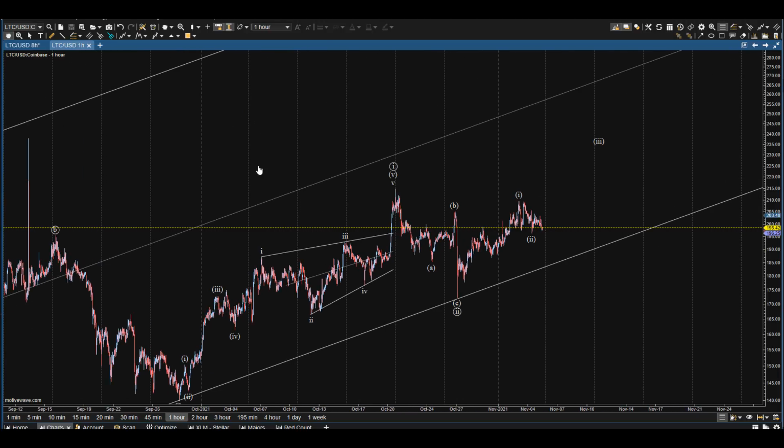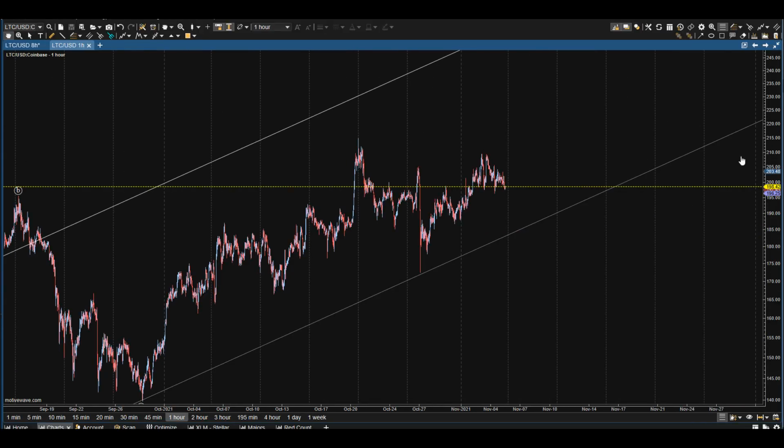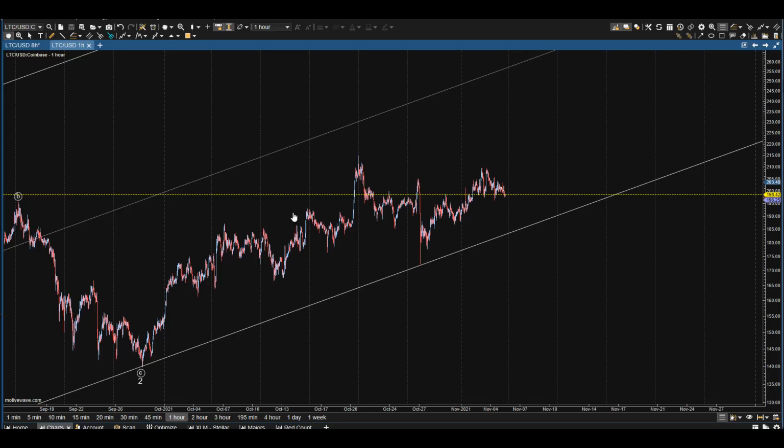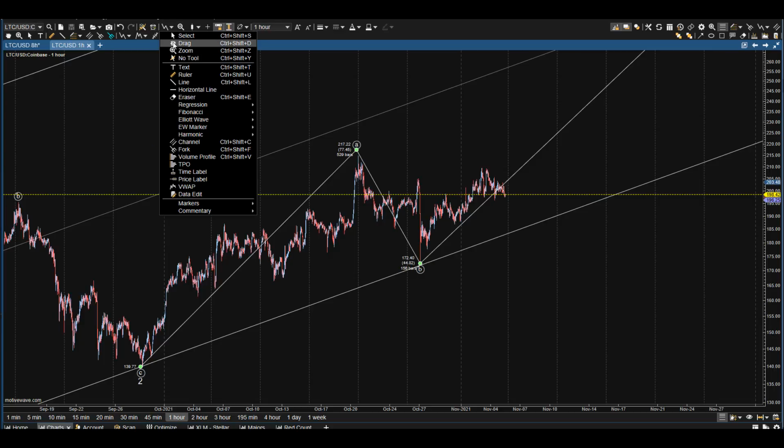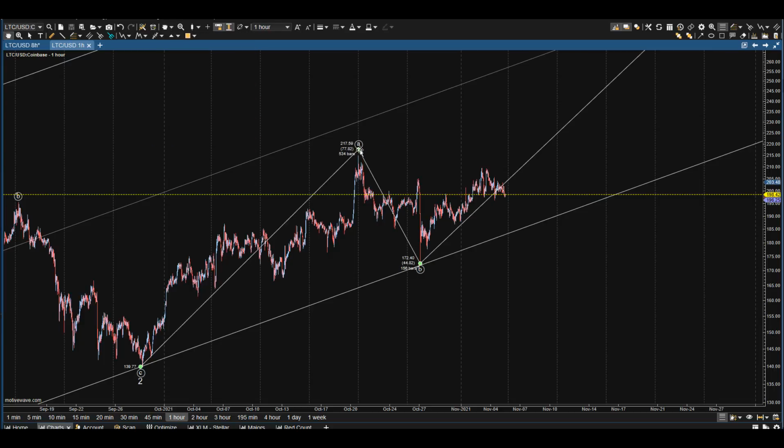So it just creates the possibility that what we've done here is we'll just look at the alternates. Okay, so what's the alternate here? Could this be just part of a larger correction? So if I were to go here now, correction, A, B, maybe. All right, let's just play it out. Oh, what do I want here? I want that. Now, if I do this as a 3,